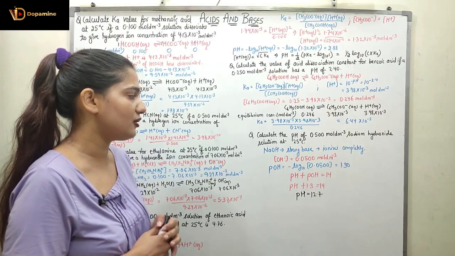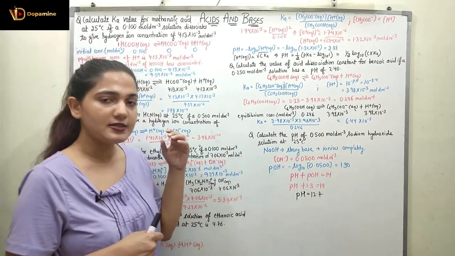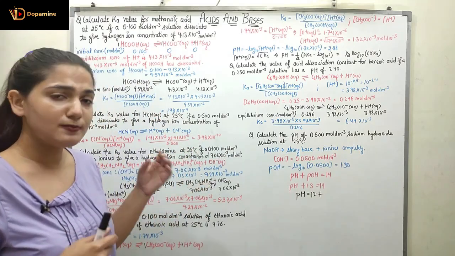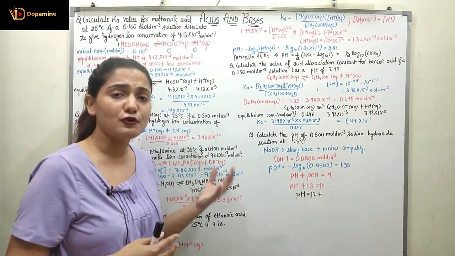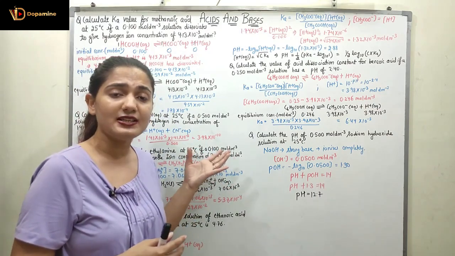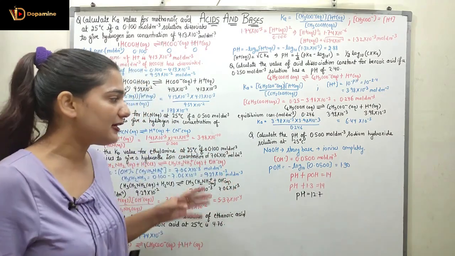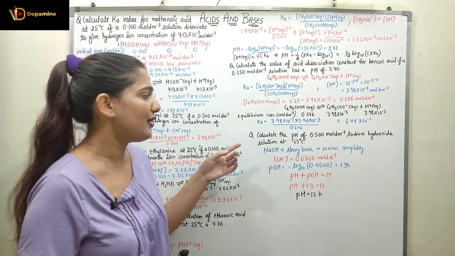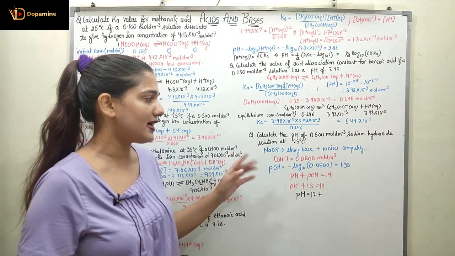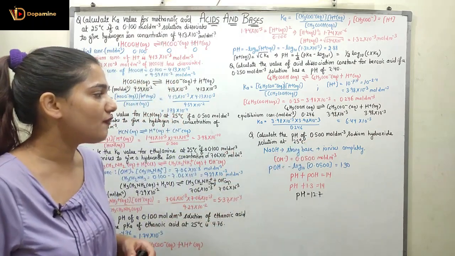sodium hydroxide solution at 25 degrees Celsius. So NaOH, I know it's a strong base, which means it will be ionizing completely. The number of moles which are present of NaOH initially, if I put it in water, all of the moles are going to dissociate completely to form OH negative, right? So the concentration of OH negative will be equal to the concentration of sodium hydroxide, which is 0.5. So concentration of OH negative is 0.05 actually.